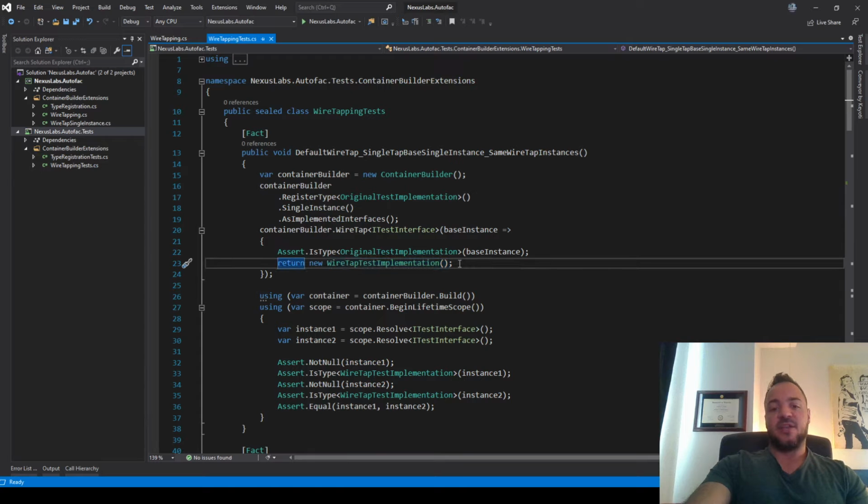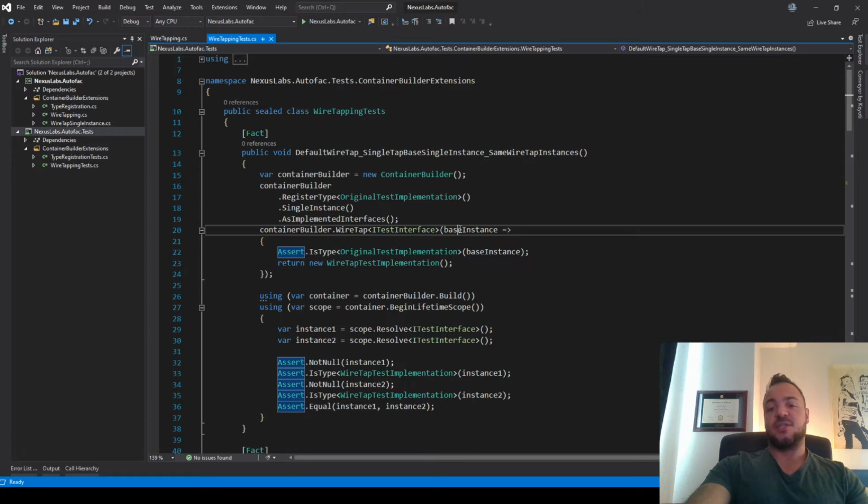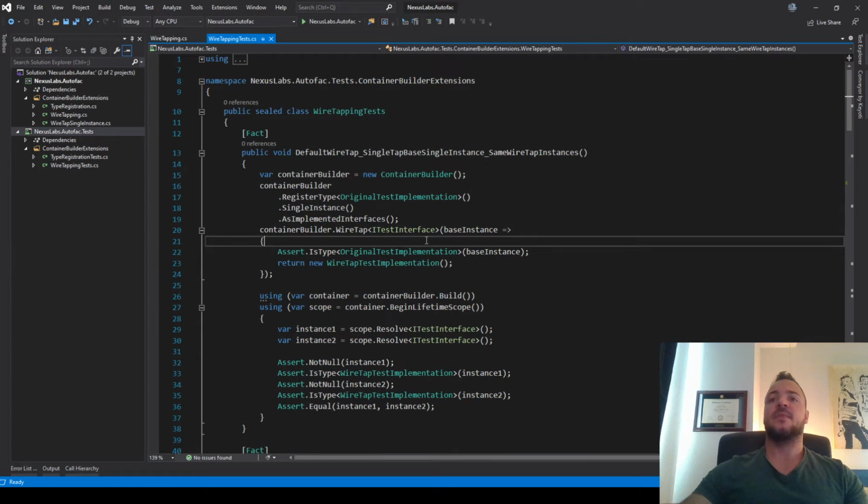In the other video that I put together, we were able to take the base instance and pass it into this class. I don't need to do that in my actual test. I'm just doing a little assert here that checks, is this base instance actually the underlying type that we expected? So are we about to wiretap the thing we expect? That's kind of cool.